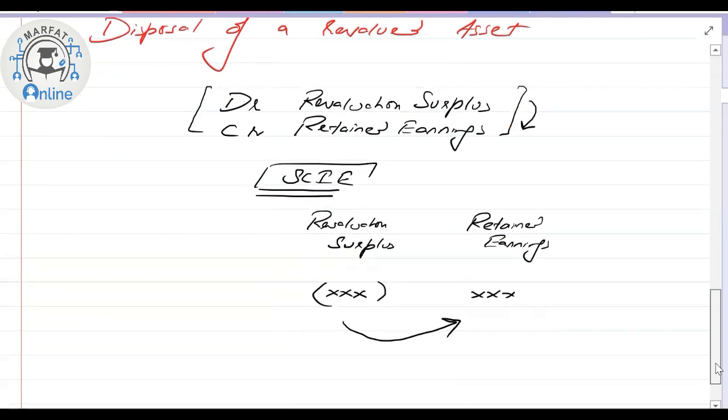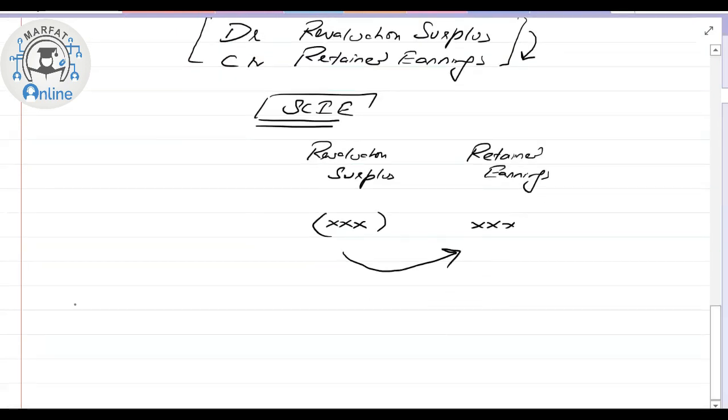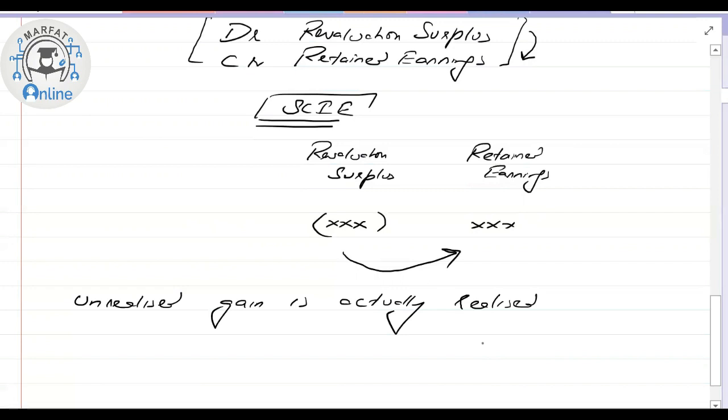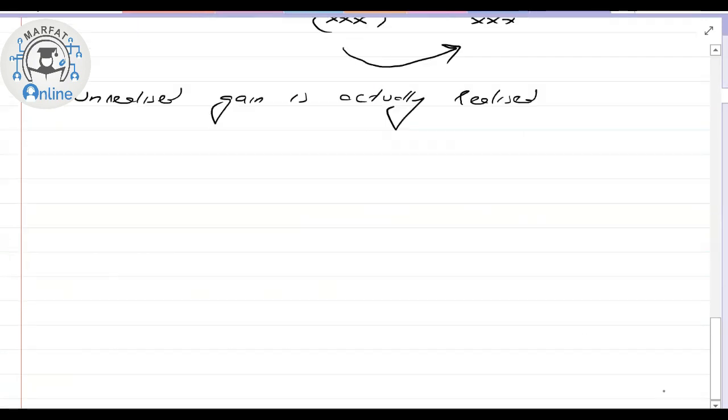So that means, in other words, we can say that the unrealized gain is actually realized. So the unrealized gain is actually realized. Okay,